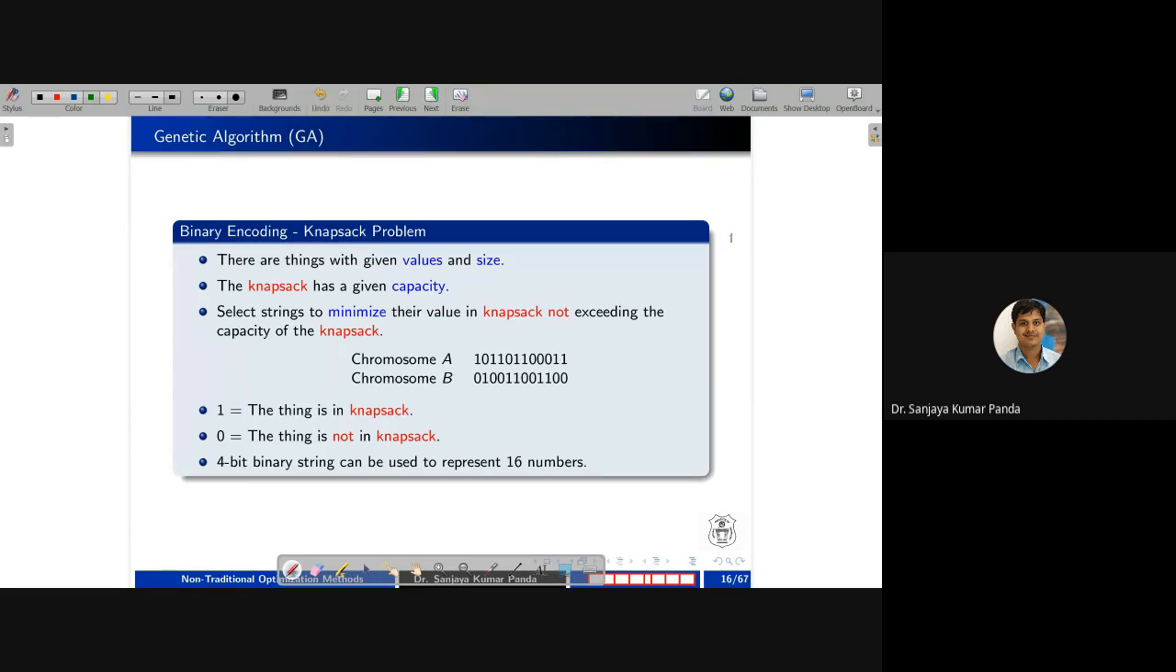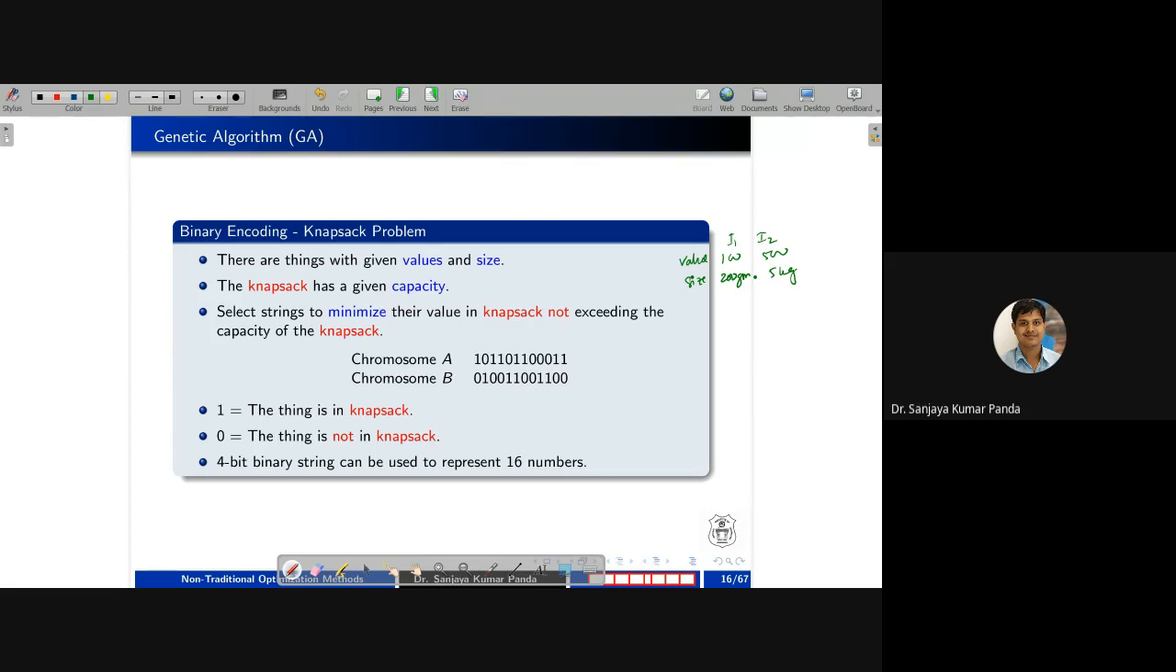Like if you consider I1 and I2, I can say the value of this item is, let's say, 100 rupees. Size is, let's say, 200 grams, right? Value is, let's say, 500. The size is, let's say, 5 kg, something like that, right? So suppose in that shopping mall there are 12 different items. For simplicity of example,